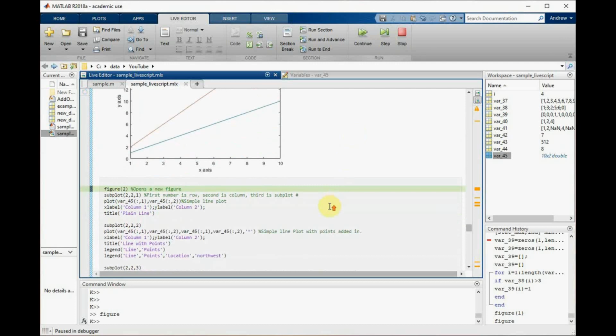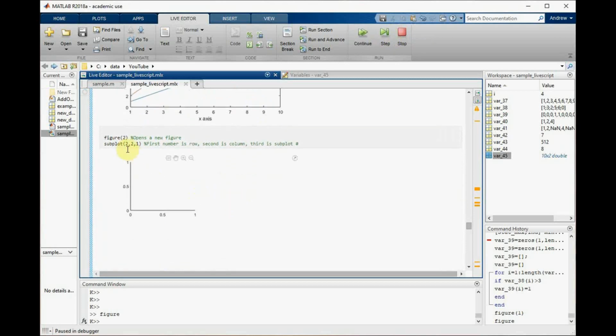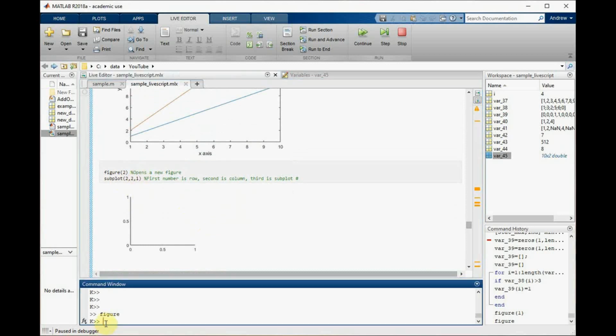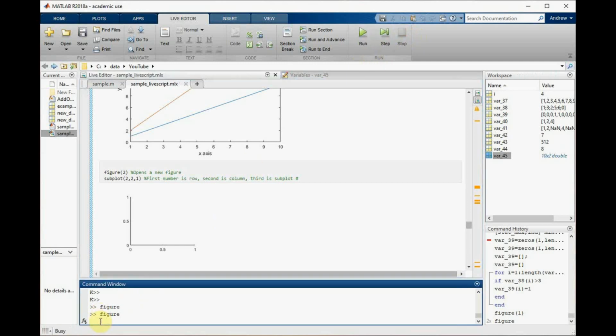Now we wanted, and this was the original plan, to use the first column as X and the second column as Y. And you can do that just in the plot command by dictating to do that. What subplot does is it divides our figure, the one that I just popped up, and I will pull it up again. So if I hit stop, if we do figure, if we do subplot 221,